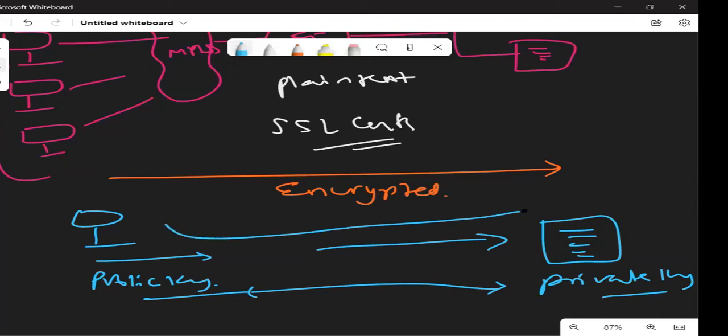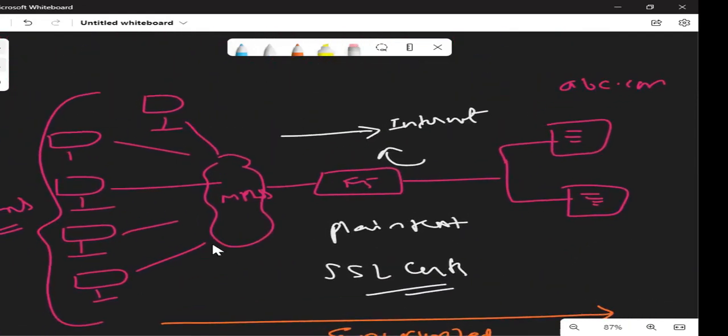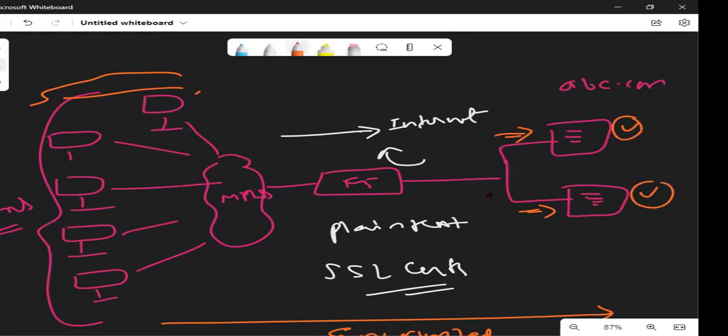So to make this request unencrypted again at the last point, there should be a private key. Now the point to understand is, let us say every request, 1 million requests, is going to server 1 or maybe server 2. The job of these servers is heavily increased to encrypt and decrypt the traffic.